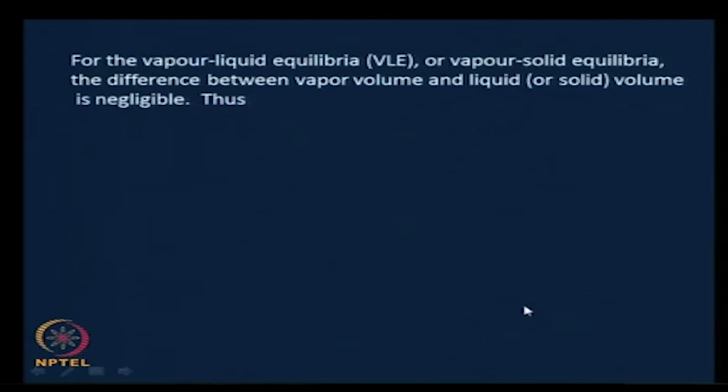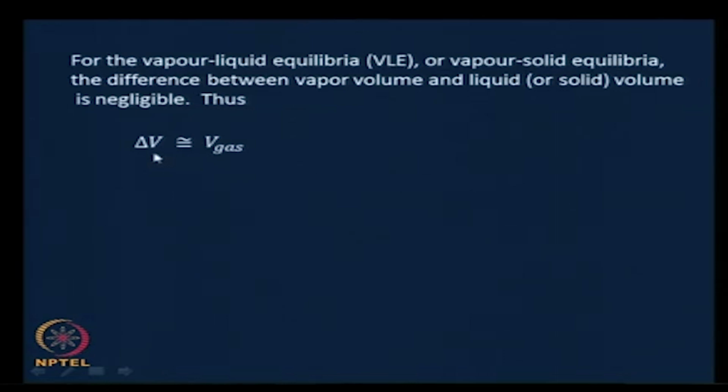For the vapor liquid equilibrium or vapor solid equilibrium, the difference between the vapor volume and the liquid or the solid volume is not small in fact, it is dominated by the vapor. You know, the vapor volume of a unit amount or a unit mass of a certain substance is typically tens of times the liquid volume, typically about 30 to 50 to 80 times the liquid volume for a unit mass of the substance. And there is a certain ratio here which is quite large for vapor to solid also. Therefore,